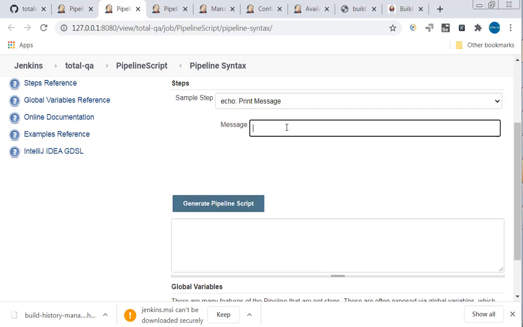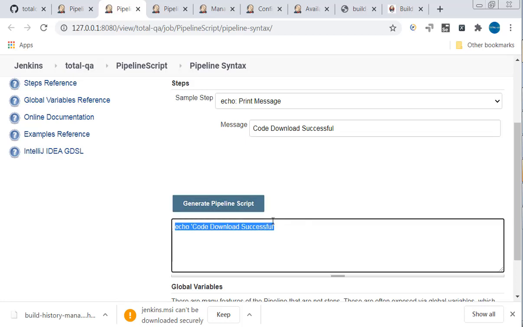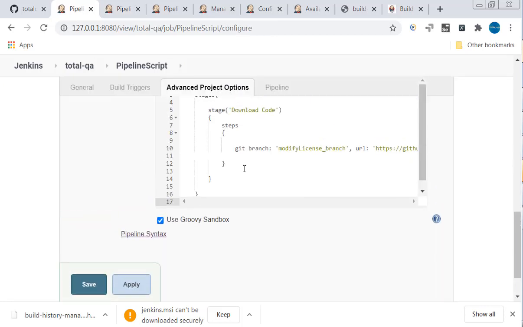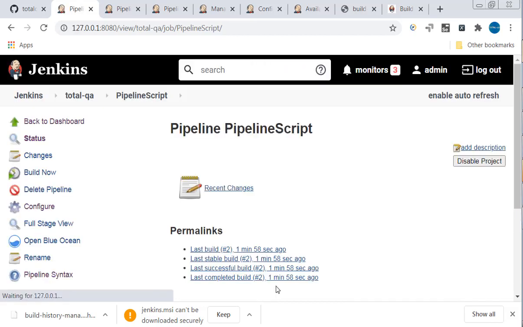Suppose you say echo, print message. You want to print something. The message is: download the code, download successful. Generate pipeline script. If you copy this, again go back to the script and put it here. So it's easy to generate the script. Under pipeline syntax, apply, save.